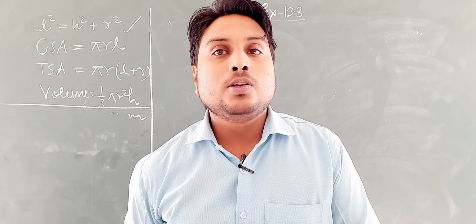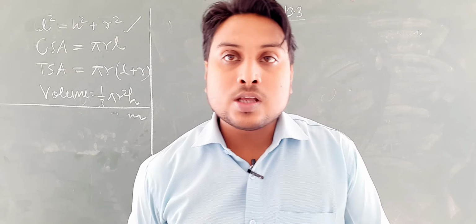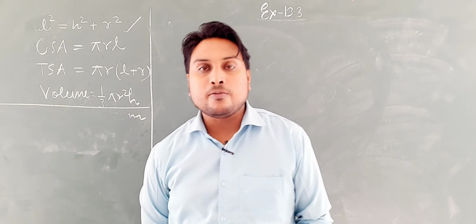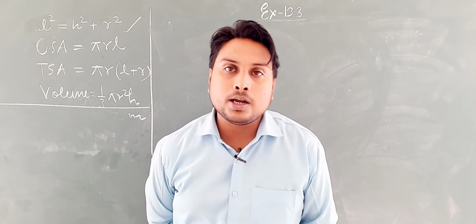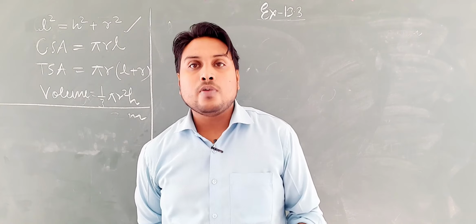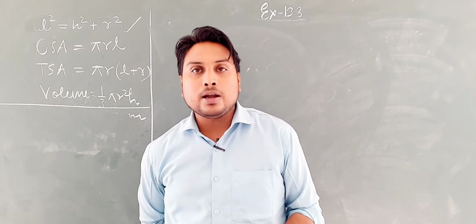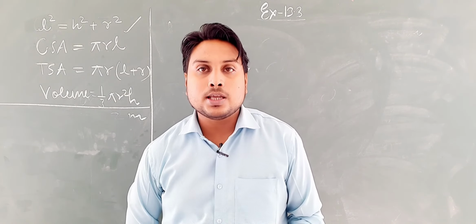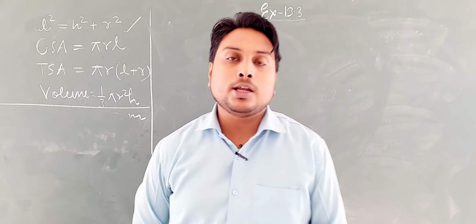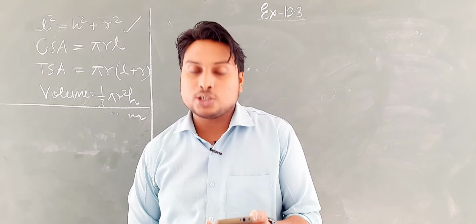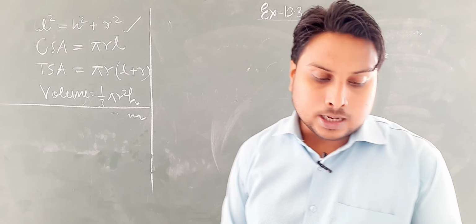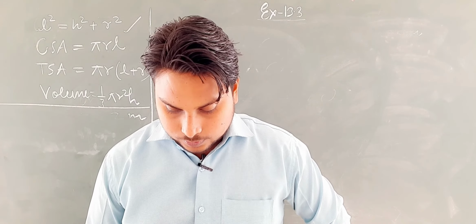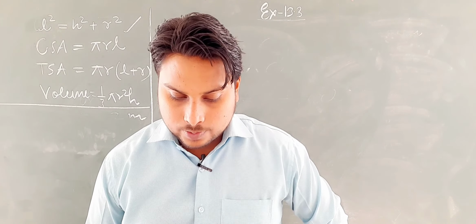But here you have to find the curved surface area. For that, a slant height is required. If you have the value of vertical height and the value of radius, then easily you can find the value of slant height. After finding that you can find the curved surface area, and then multiply that by 10, because it is said 10 such caps. So you have to multiply in the last step by 10. That also you will solve by yourself.